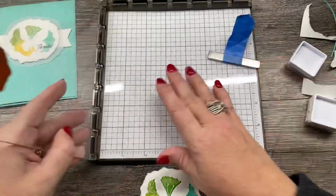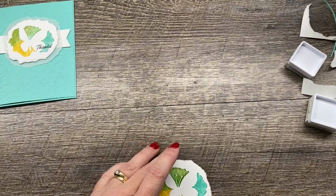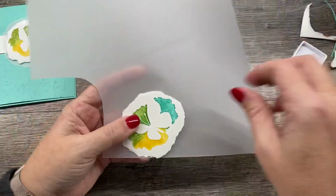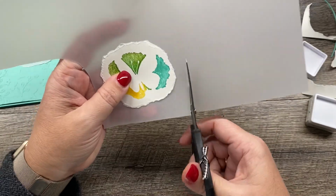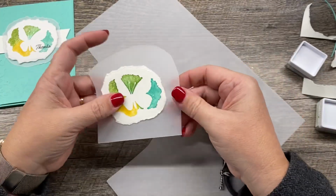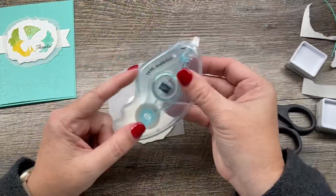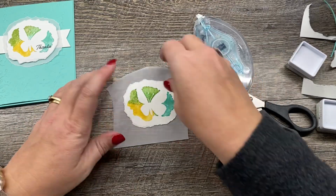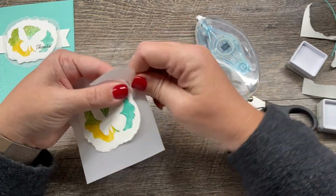Now I'm going to move this out of the way for a moment, and I'm going to take some vellum. So I've just got a sheet of vellum here, and I'm going to position my piece on here, and then I'm just going to trim out this. You can see I've left a good border on here, and I'm going to put just a little touch of my Stampin' Seal. This is not permanent adhesive immediately, and then I'm going to rip around, doing the same kind of thing,